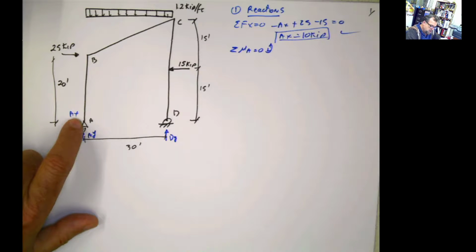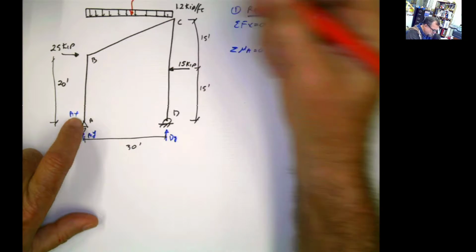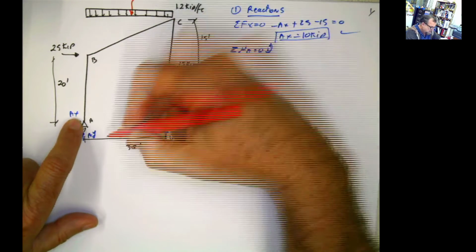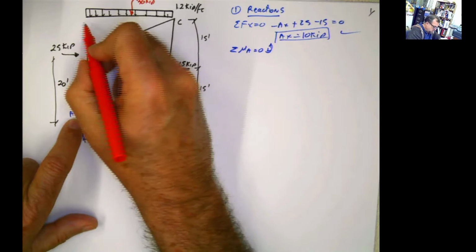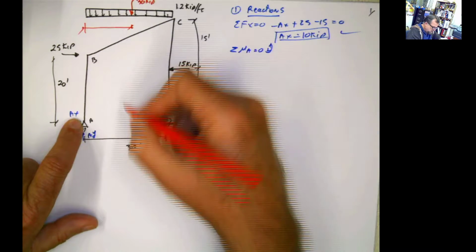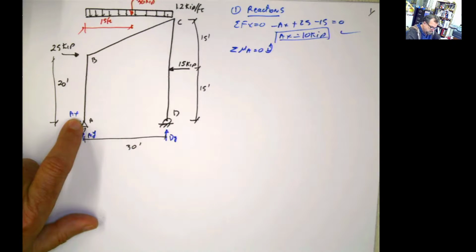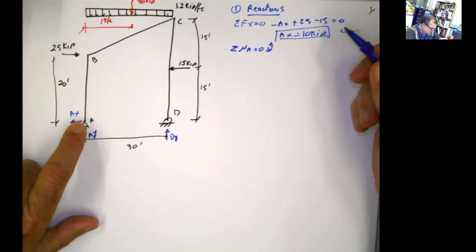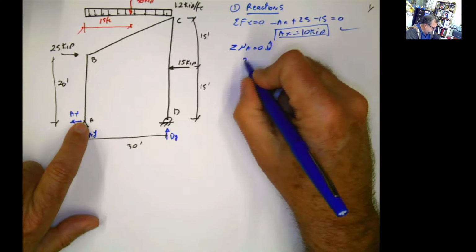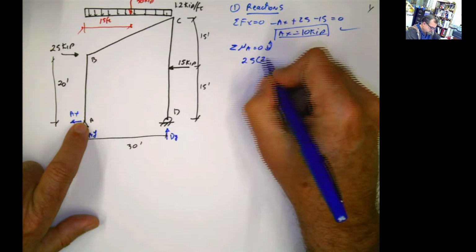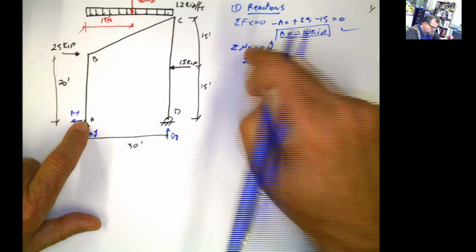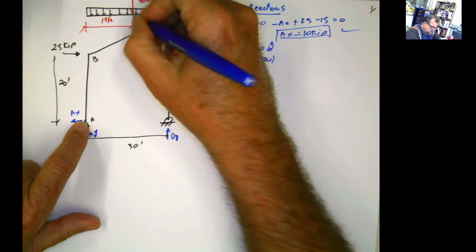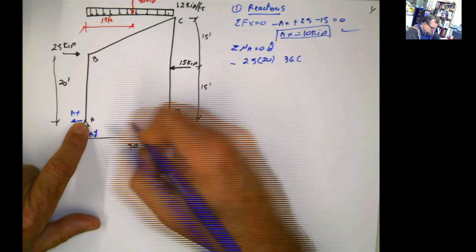Right here, let me put the equivalent concentrated load coming from this rectangular load, which is the area: 30 times 1.2 is 36 kip, and the location is half of the distance, so this is going to be 15 feet over there. So now we have every single thing that we need. 25 times 20, rotation negative according to this convention, so negative. 36 times 15,